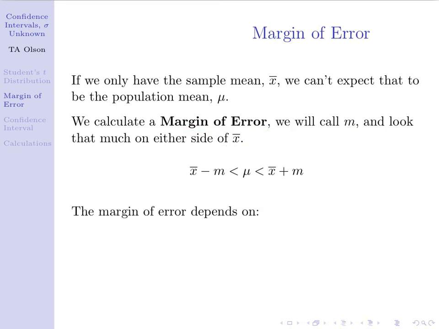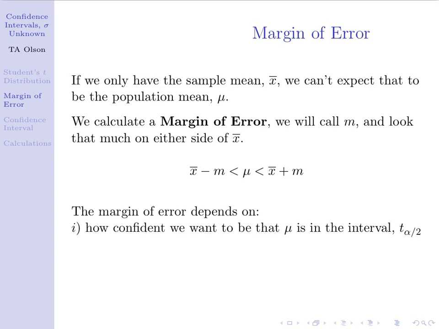Again, the margin of error is going to depend on several things. How confident we want to be that our population mean is in the interval. This is going to be carried by our critical value t alpha over 2, and that's going to depend on our degrees of freedom,